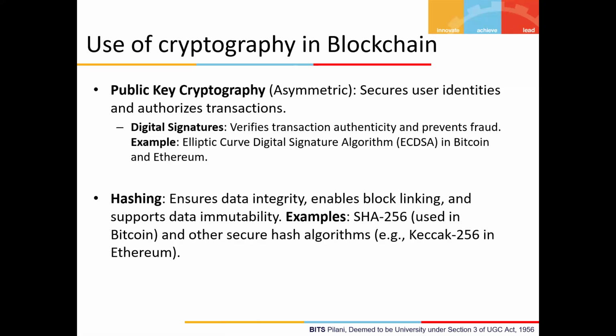So this is the first use, and you can see the properties you can achieve here. First, authenticity: that transaction is coming from the right person. And the second one is non-repudiation. If the transaction is signed by me, I cannot deny that it was signed by me, because I have signed it using my private key, which is supposed to be only with me, right? And the hashing part is what we use to ensure immutability.